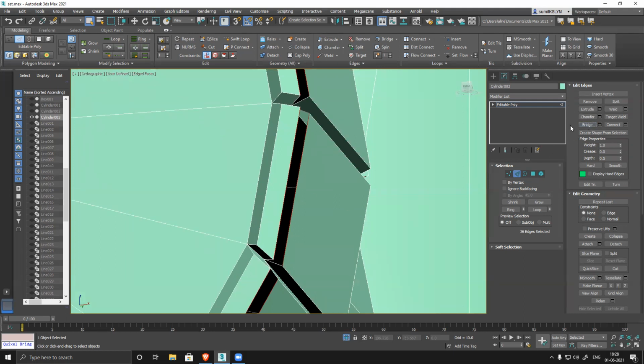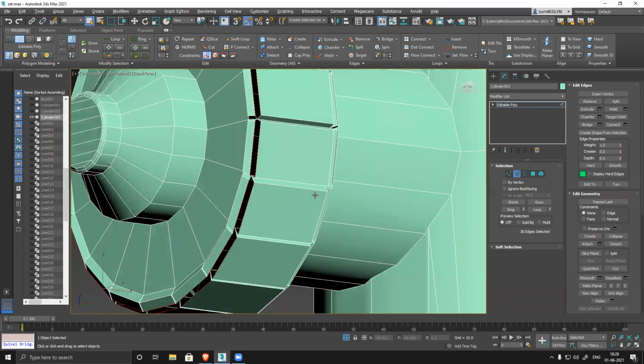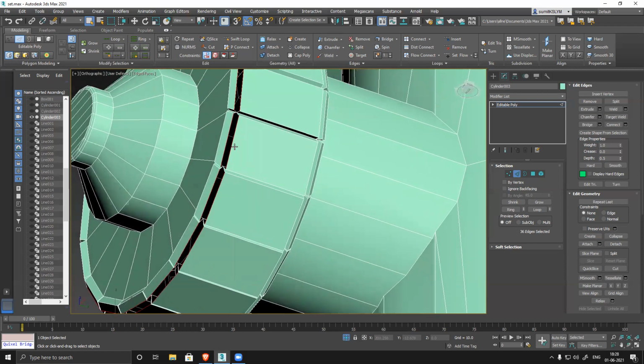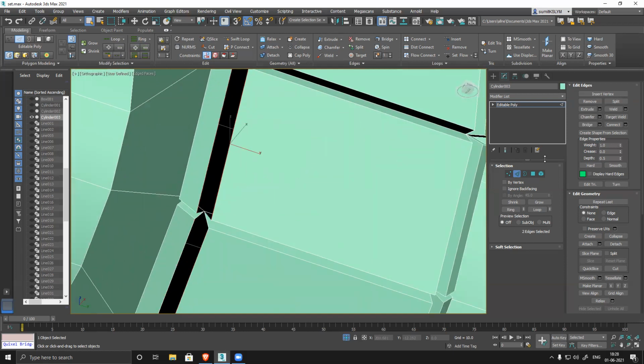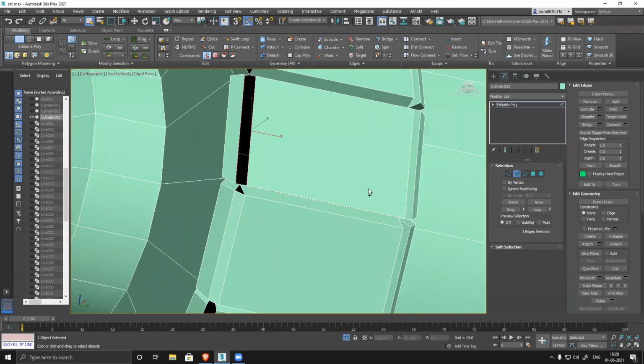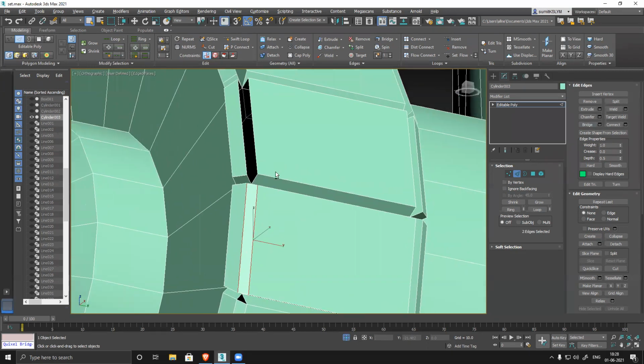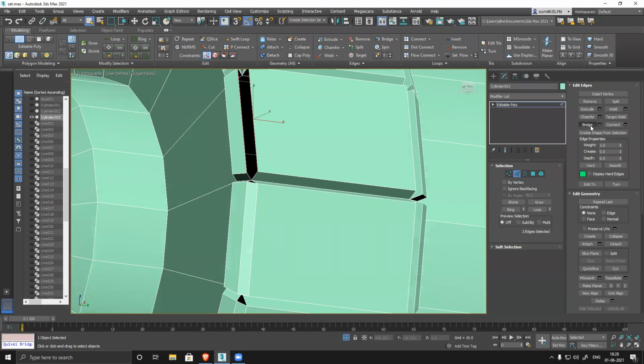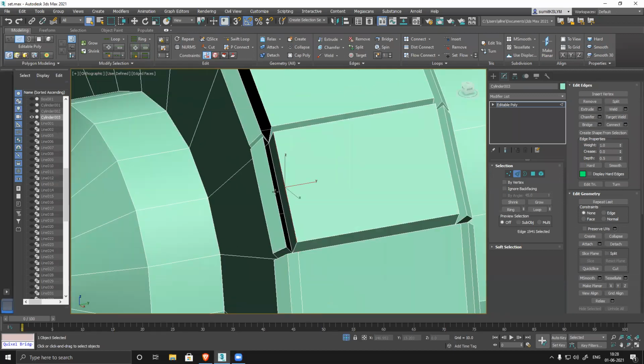And bridge it, but it's not bridging. Why? Yeah, it's working perfectly. Should work. Okay. One by one I have to do.